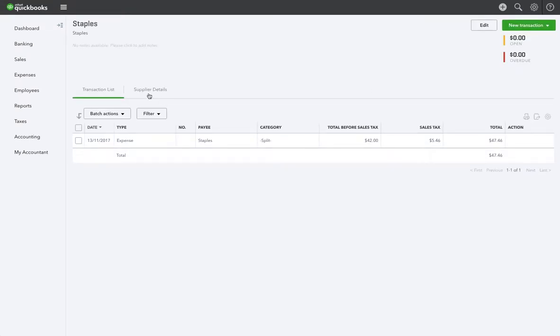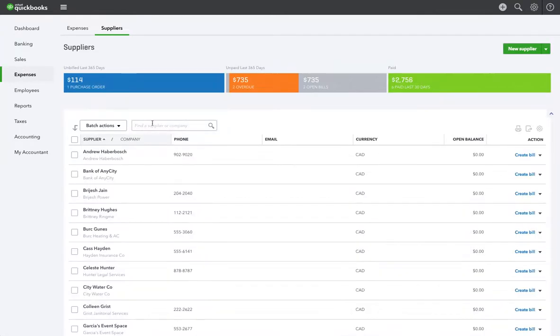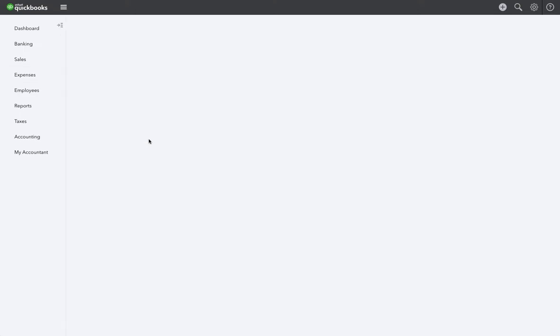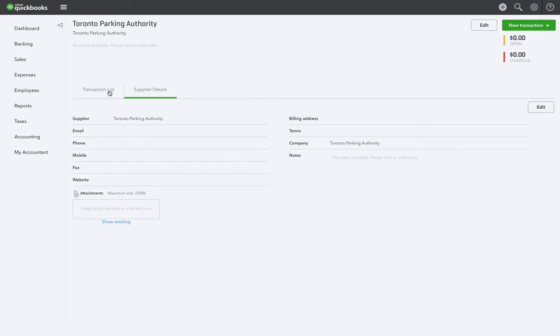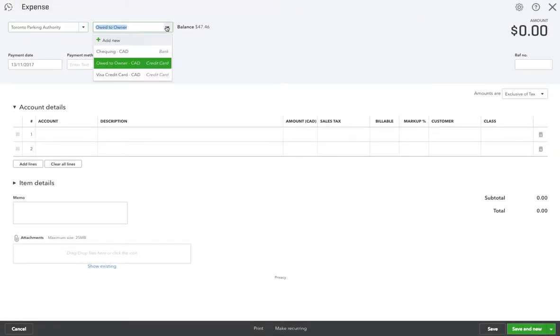And now I'm going to go under Supplier, no, expenses again. And I'm going to pick Toronto Parking Authority. That's another new supplier that we just made. Transaction list. So I'm going to make an expense again. And yes, we had to pick owed to owner, that credit card account that we made in the chart of